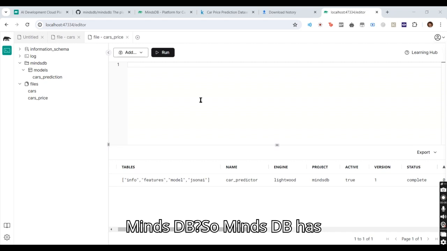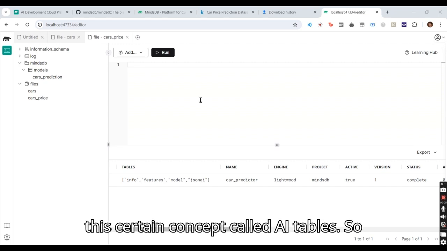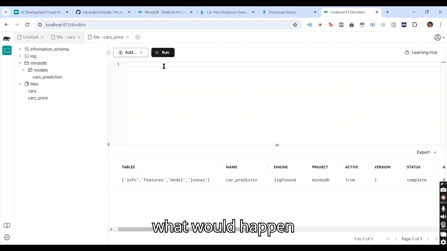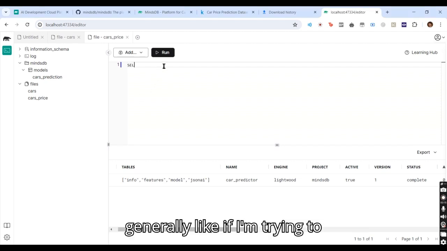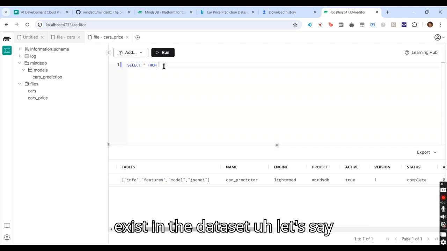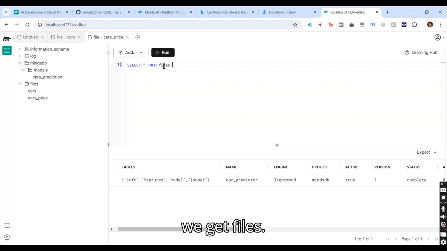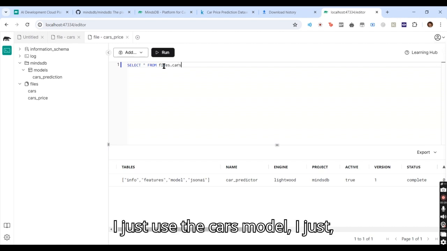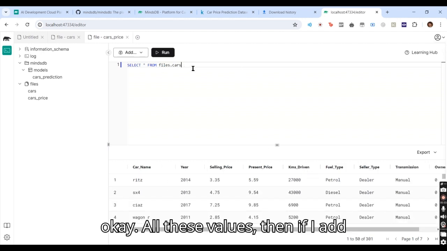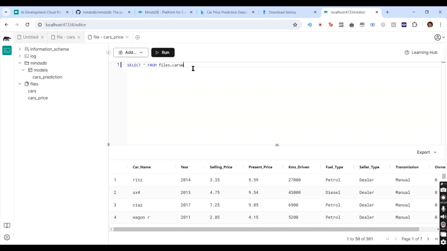So MindsDB has this concept called AI tables. So what are AI tables? First, let me show you what would happen generally if I'm trying to get a value from a data set which doesn't exist in the data set. Let's say we get files dot cars. I just use the cars model. Okay, all these values. Then if I add certain conditions,